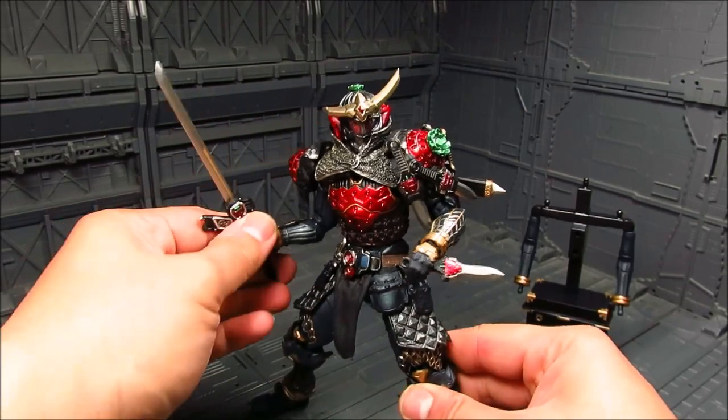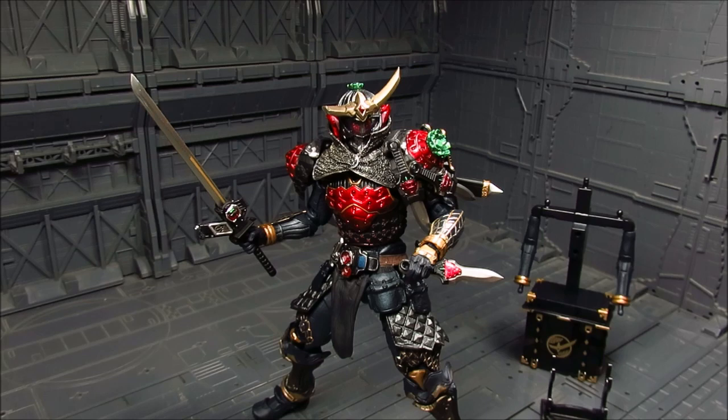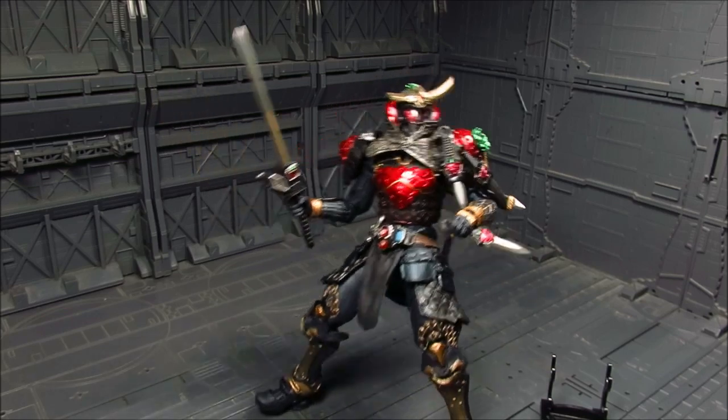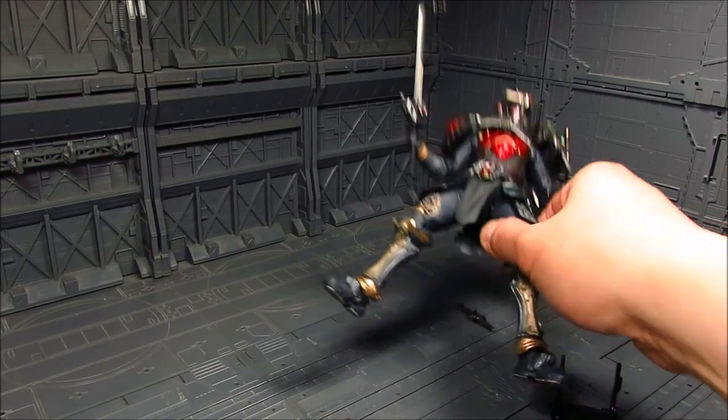I always have a soft spot for ninjas. So this one is really cool. What was the other one? Was it the Kamen Rider Z-Cross? There was another ninja SIC that has the chain, and it's a really cool figure. I have it on display somewhere. Whoops! Alright, I was just trying to remove